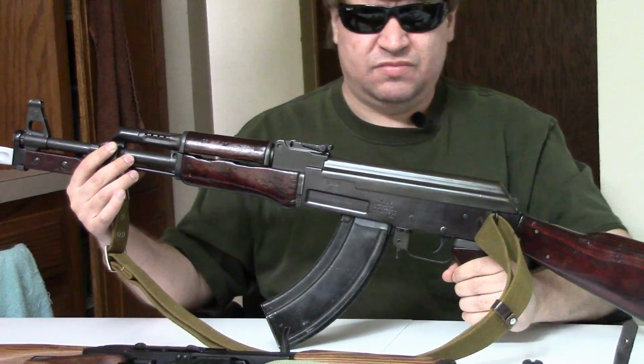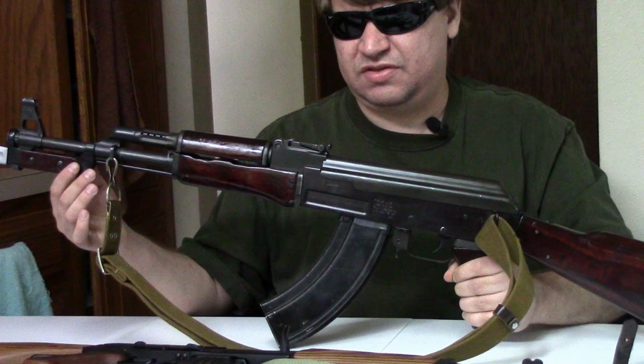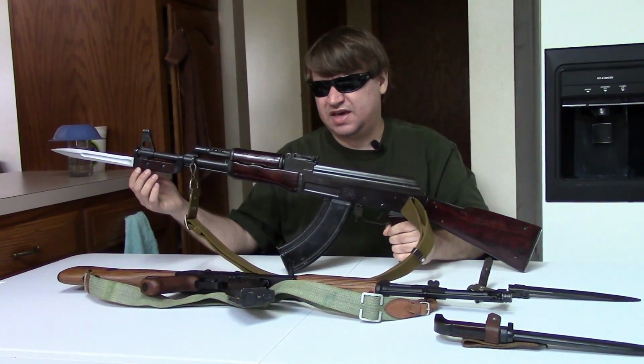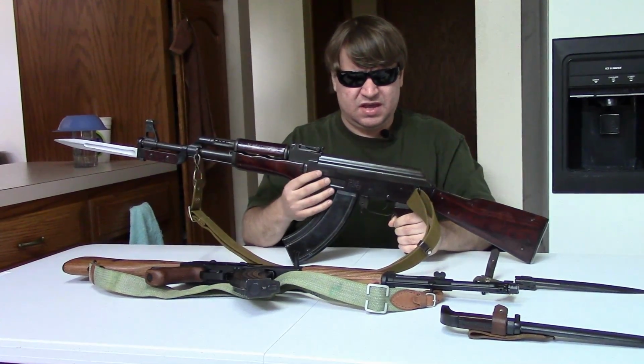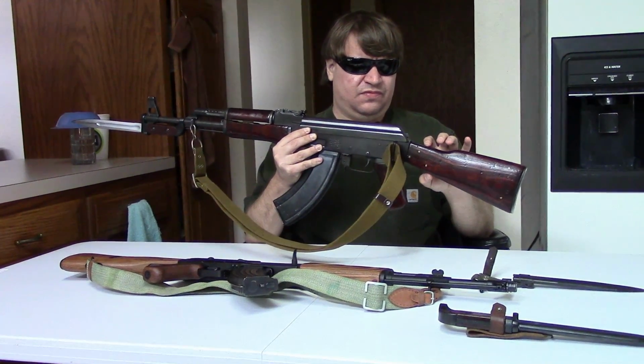And then they would go to what we know today as the Type 3 in 1953. And this was the final version of the original AK in Russia. The Type 3 is what I'm holding here. As you can see, they went to two different receiver styles